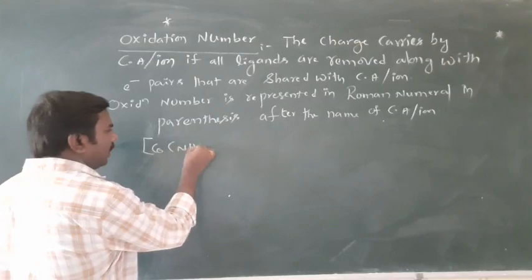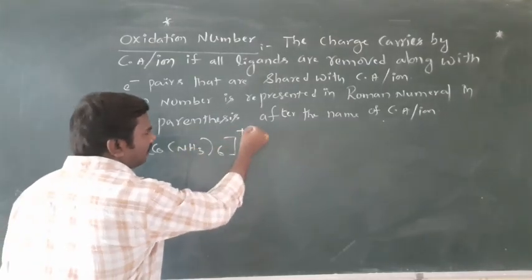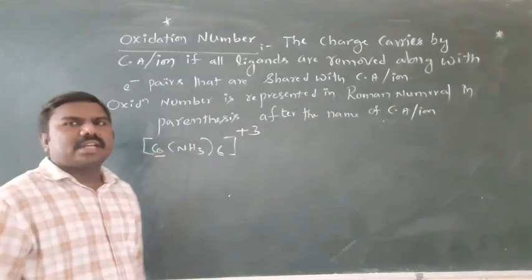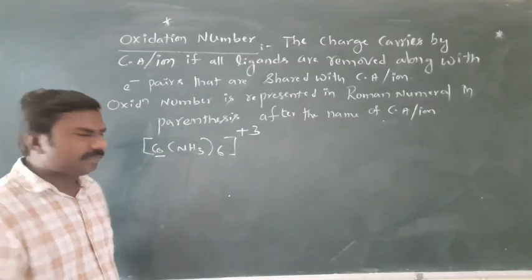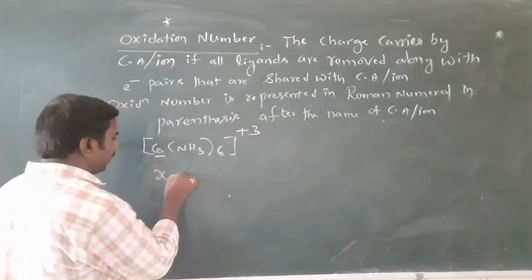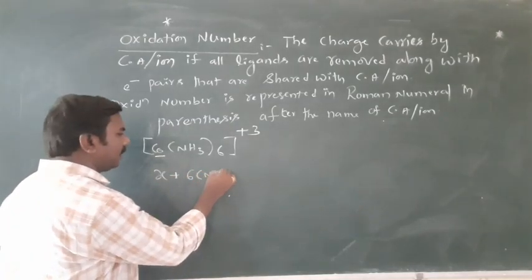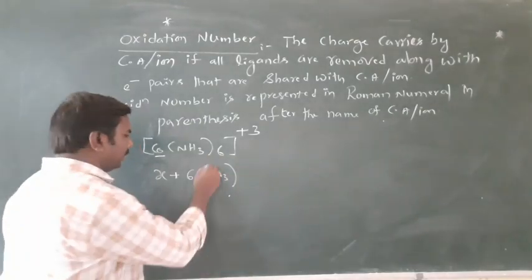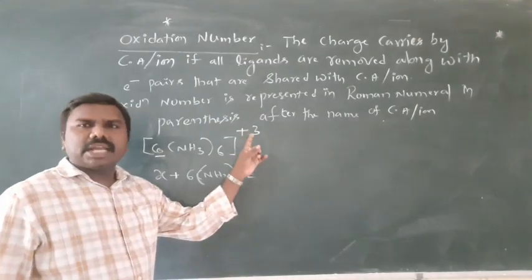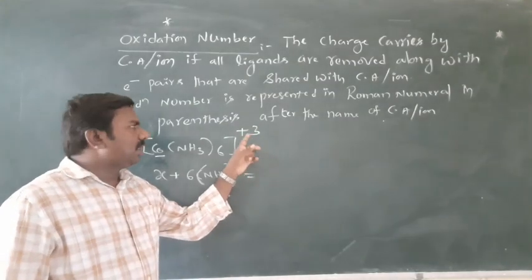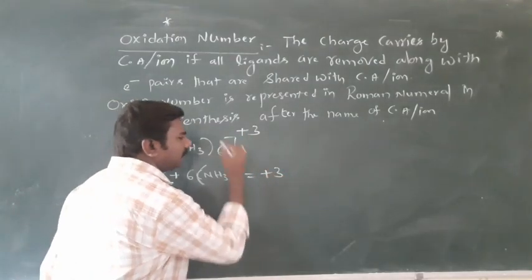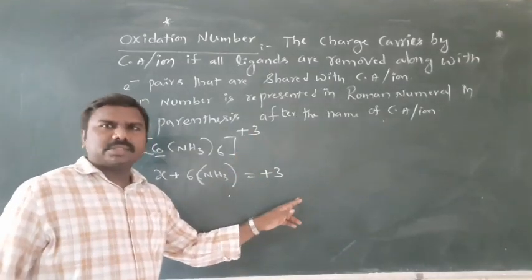Co(NH3)6 3+. So we need the oxidation state of the central metal atom, cobalt. I don't know this, that is why it is taken as X, plus 6 NH3s are there. Next, here it is not a neutral complex, it is a cation, a positive charge is there. What the charge is here must be equalized. So it must be equalized with the charge. If no charge, equal to 0.